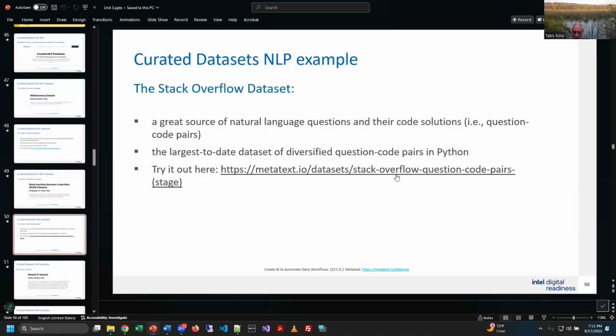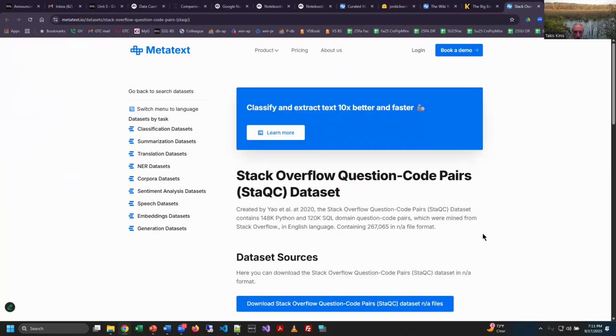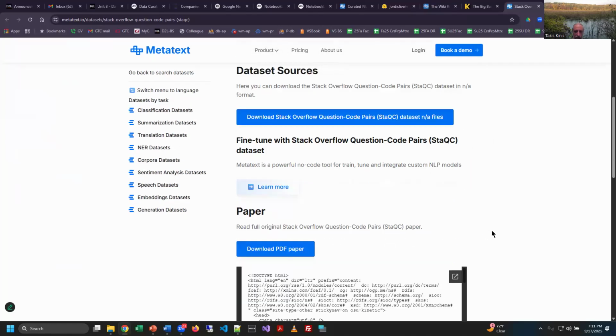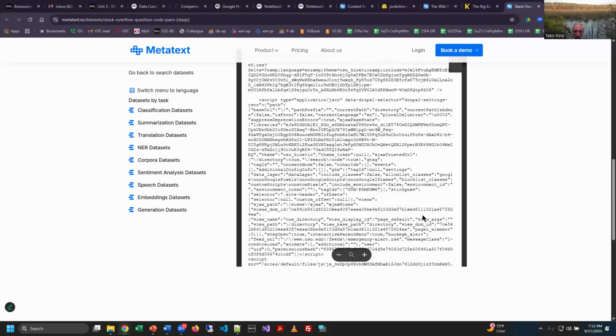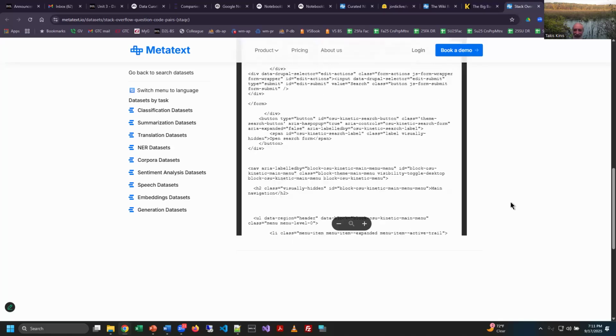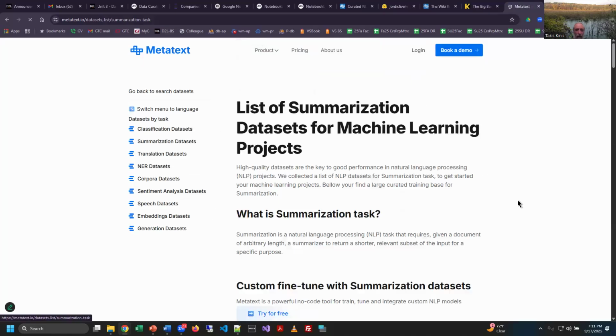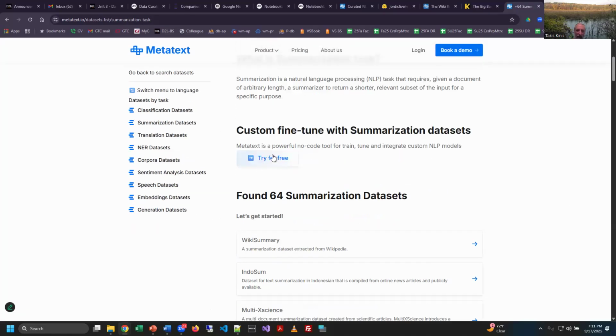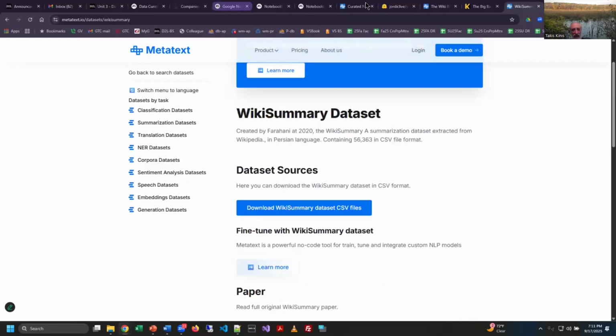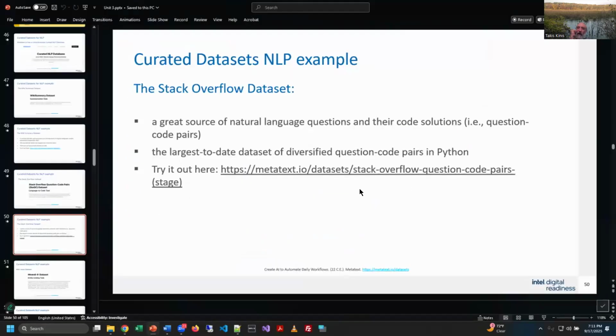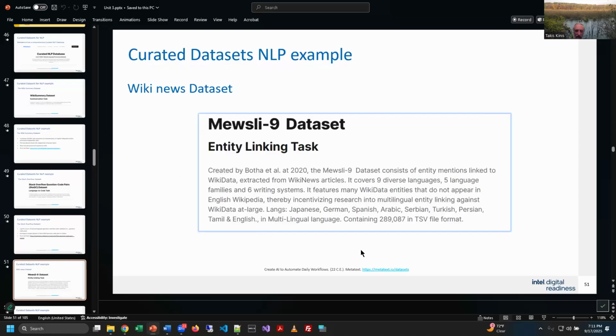Here, let me see if I can get to this one. One of these I think was accessible. And this one looks like it's an HTML format, right? Okay, that's not very helpful. Yeah, and see, they will let you try it for free. Okay, so I'm just in a circle here. This is not the one where I thought came up with a nice little on-screen example. So I'm just going to keep pressing forward until I get to that one.